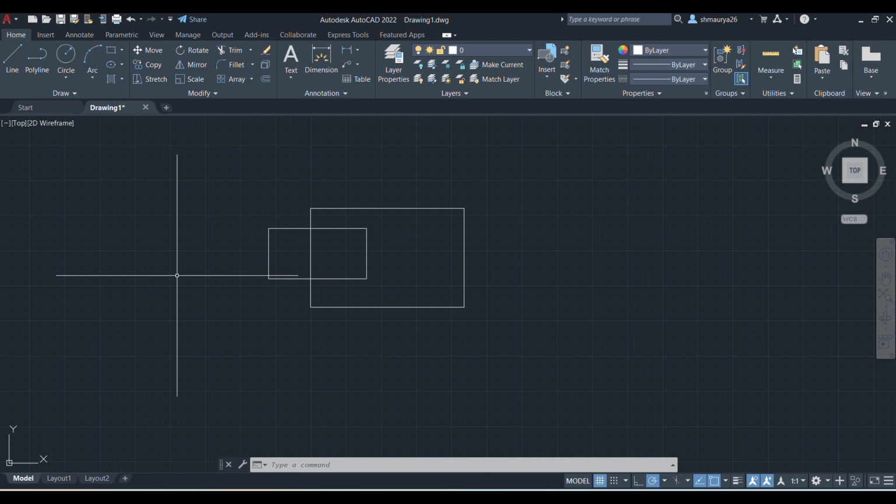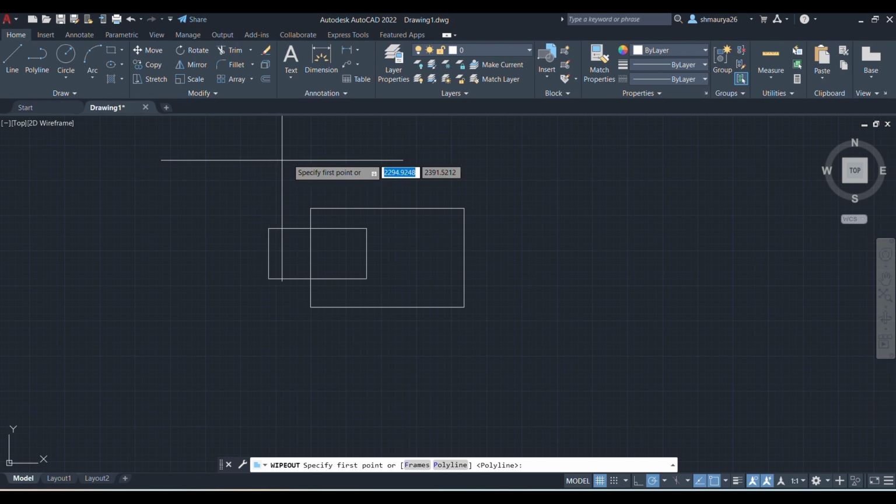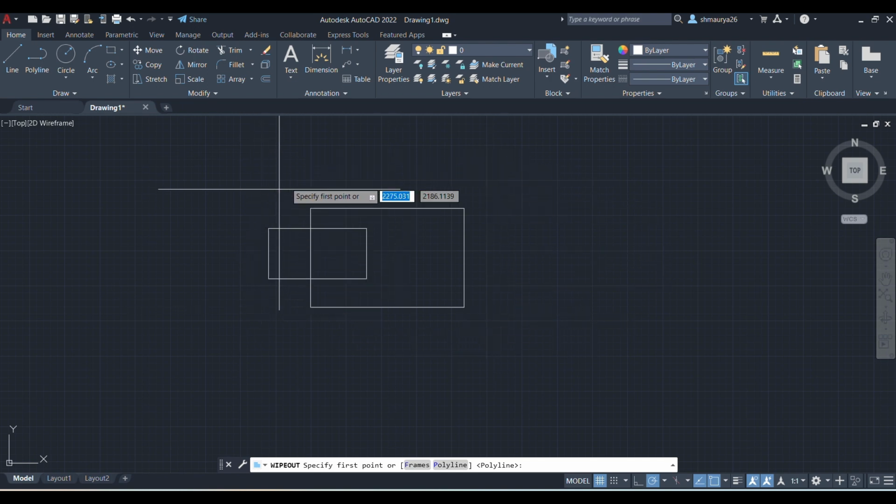Hello everyone. So in this video we will see about the wipeout command. For that I will just type here wipeout. See, WI on the top you can see wipeout comes. So you just press enter, and now I just wanted to wipe out this drawing which I have